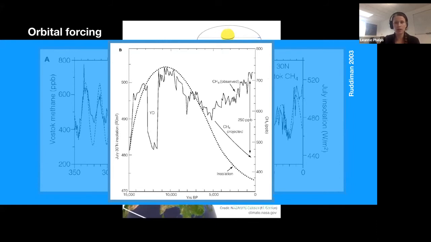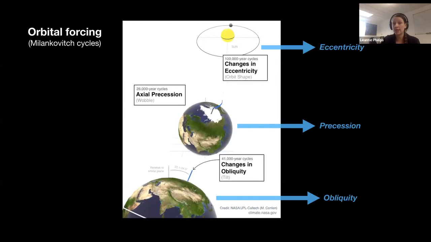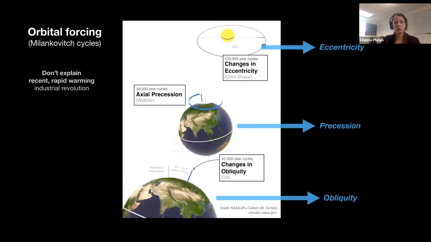So there are some ongoing questions about if that could be a result of certain human land uses, or if it's just another driver that we don't really understand very well. But these orbital forcing cycles certainly don't explain the recent rapid warming that we have, especially since the Industrial Revolution,